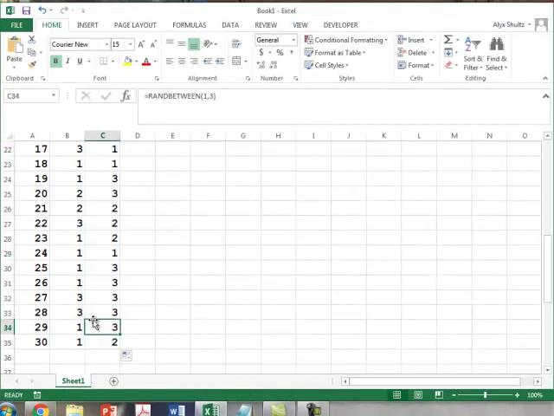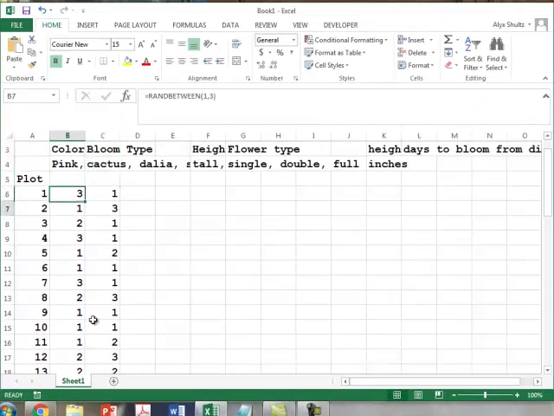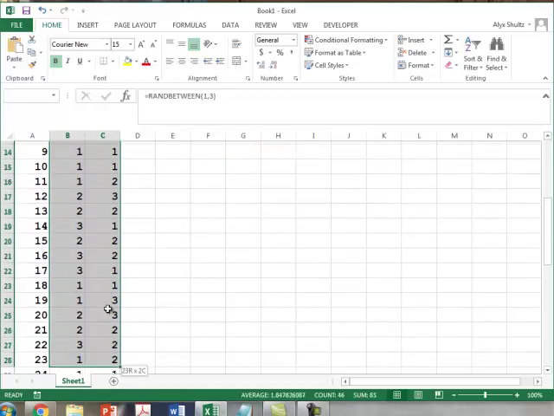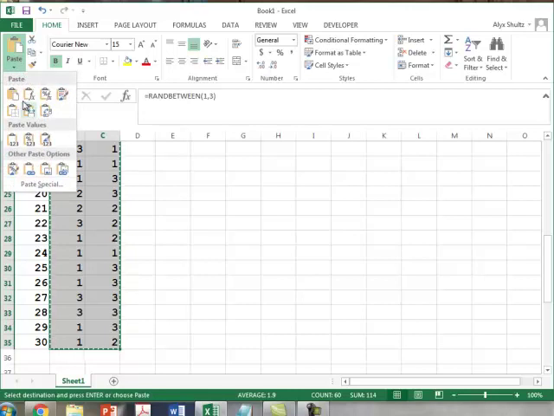Okay, now notice that anytime we do anything, the numbers jump. Anytime we click on a cell and get out of it, the whole sheet recalculates. And so to get around that, there's an easy trick. After you get all your functions put in and all the random numbers have been assigned, you can copy all the random numbers. I'm going to highlight them. Then I'll push Control C, and then I'll go up here to paste, and I'll do paste special,